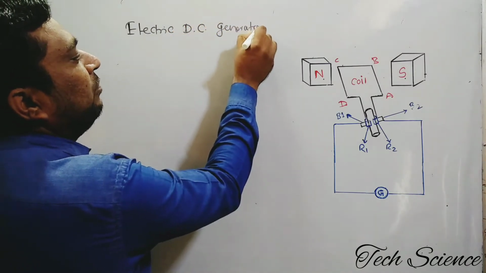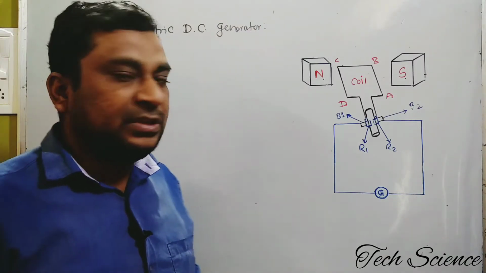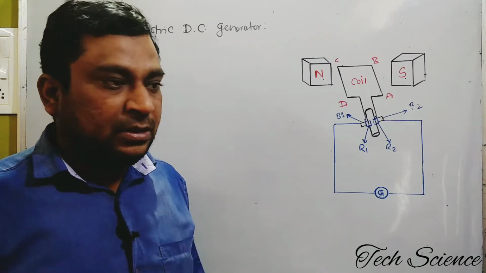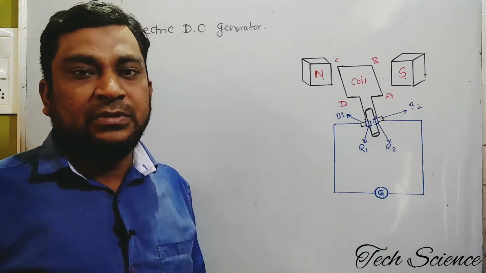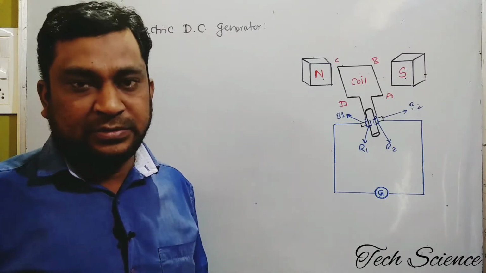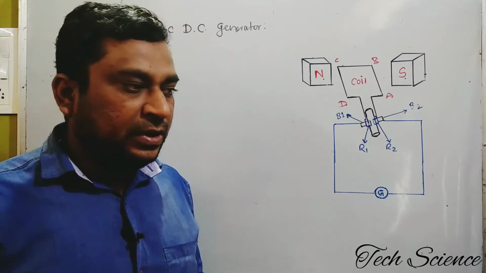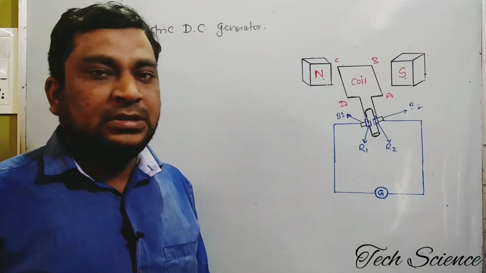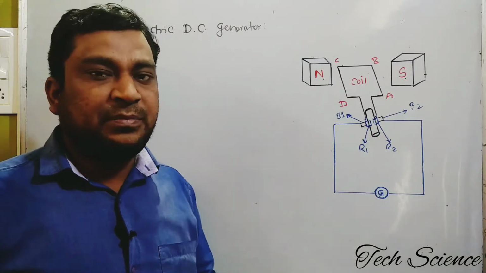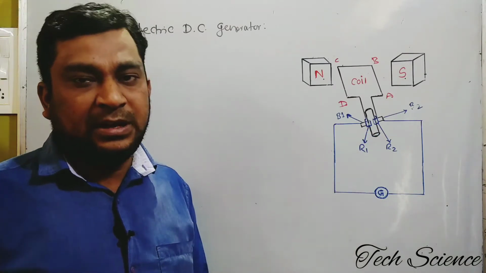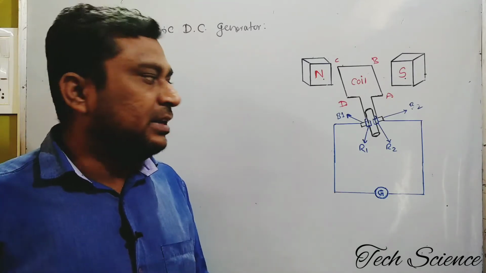Yesterday I uploaded a video on YouTube regarding the electric AC generator. If you have not seen that lecture, I will give the links to the two videos: the first for electromagnetic induction, what exactly it means, and the second for the electric AC generator. There is an arrangement of brushes along with the split ring. That is the only difference between the electric AC and DC generator.